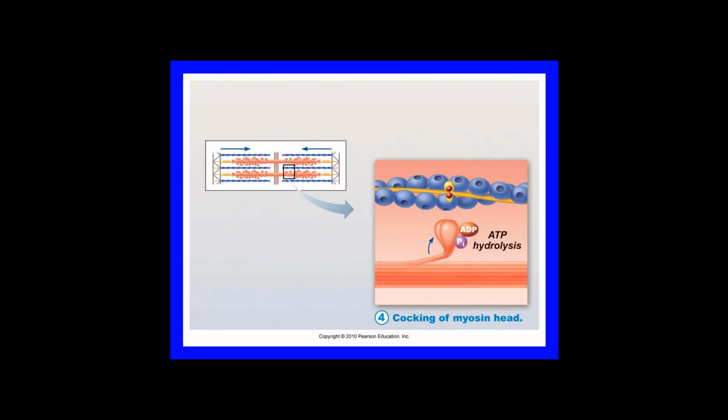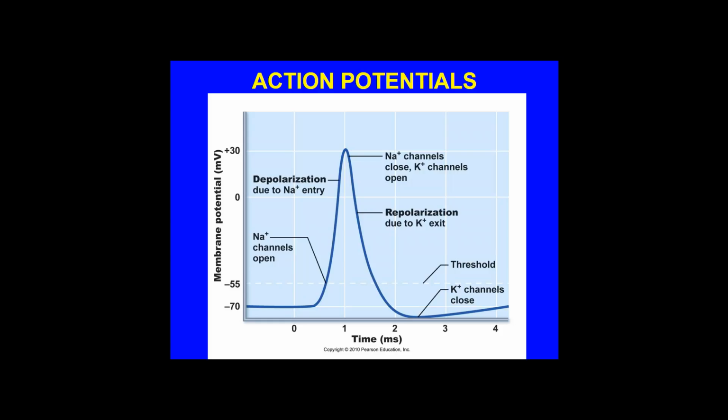Okay, now from here we're going to move into the action potential. I would encourage you to review the focus part, events at the neuromuscular junction, because this will help you. Also, again, review chapter 3, pages 79 to 80 on resting membrane potential. That'll help you keep in mind that on average, outside of